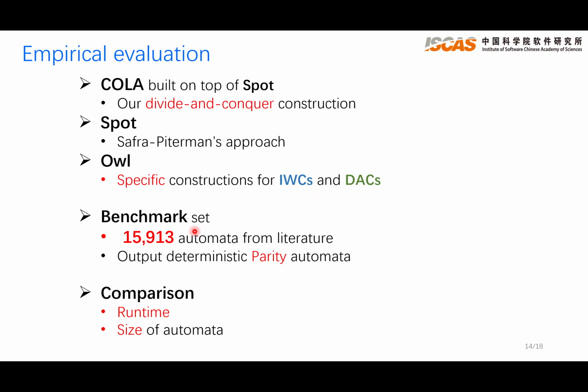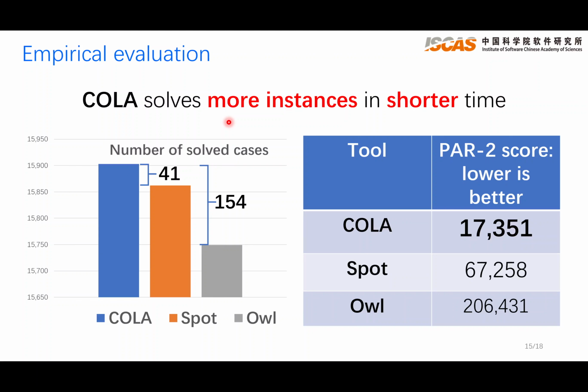As for benchmarks, we collect around 16,000 automata from literature, and we let all tools output deterministic parity automata because our only gives us parity automata. As for comparison, we consider the running time and the size of the output automata. First, we consider the number of solved cases in the given time limit. From the bar chart on the left, we can see that Cola solves 41 more cases than Spot and 154